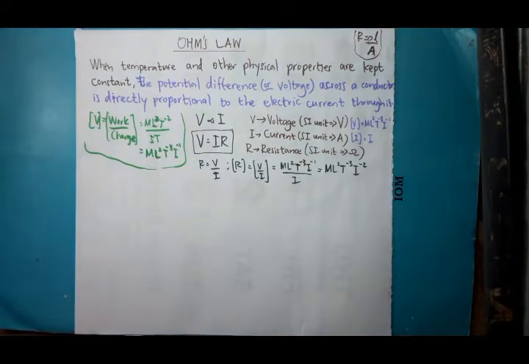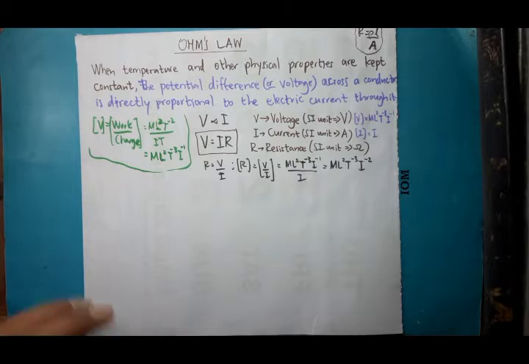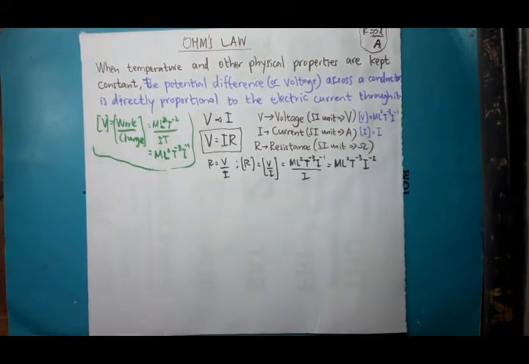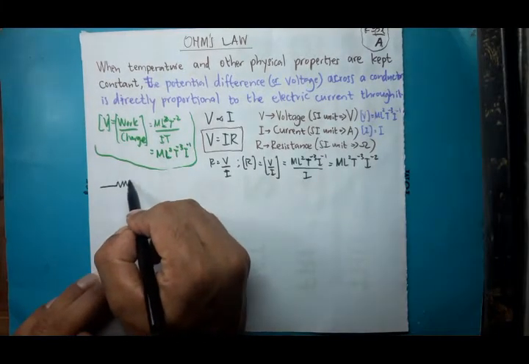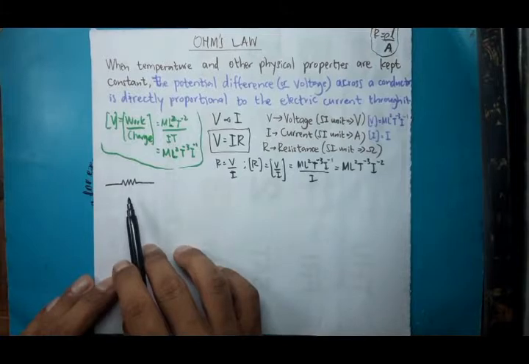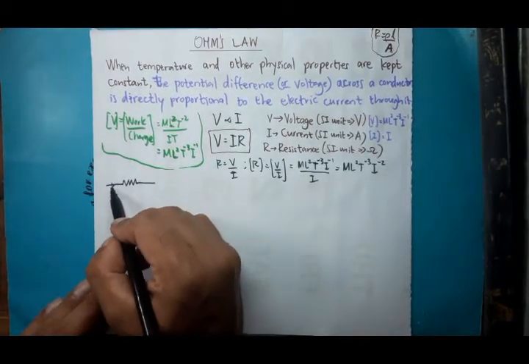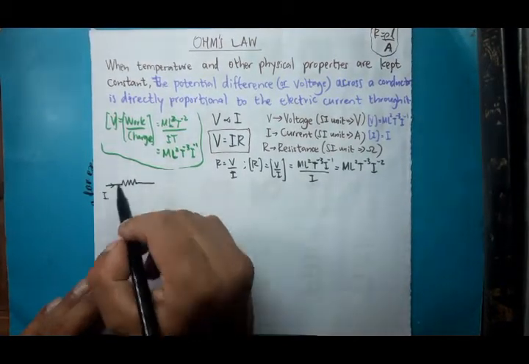So this is the basic explanation for Ohm's law. You have to remember this. Whenever you see a resistor, let's say for example there's a circuit and there's a resistor like this, this is the symbol we use for a resistor. And then there's a current going through that resistor, let's say current I, and across that there will